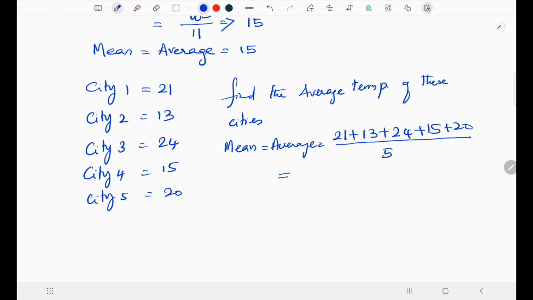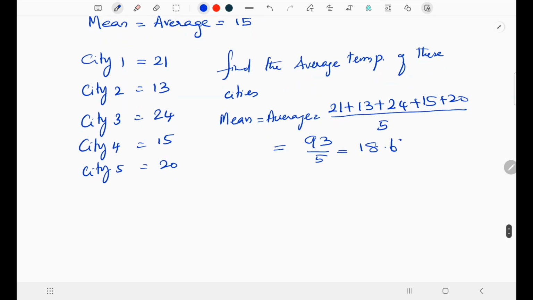So it becomes 93 divided by 5. What is 93 divided by 5? It equals around 18.6 degrees. Okay,